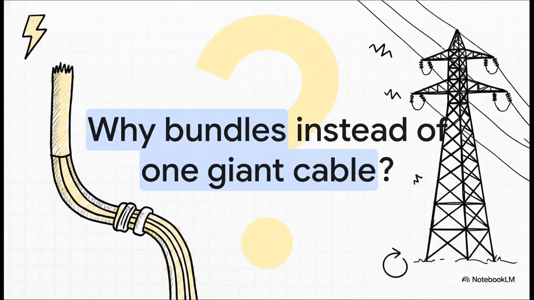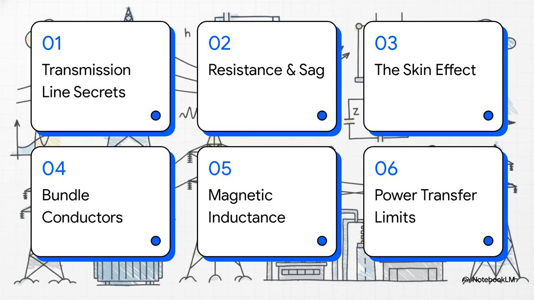Have you ever noticed that those massive high-voltage lines are almost never just one single thick cable? Instead, they're usually these clusters or bundles of several smaller wires grouped together. Why go through all that extra engineering hassle to string up multiple wires when one big one seems like it would absolutely do the trick? Keep that question in the back of your mind, because solving this little mystery is going to unlock our understanding of the entire grid.